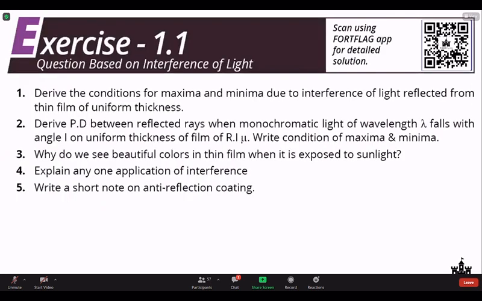Also, you can take the screenshot of the questions. These are descriptive questions, so you can just go through them once. Your exams will be mostly MCQ based, so descriptive questions will not come, but you should know these questions. These questions can be asked in your practical viva. So you should know them.